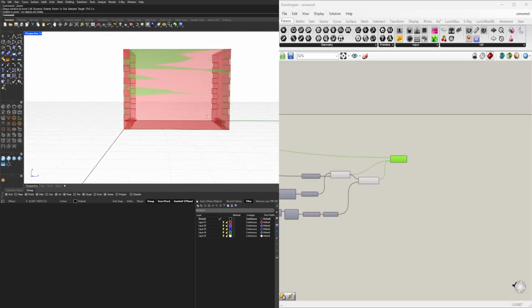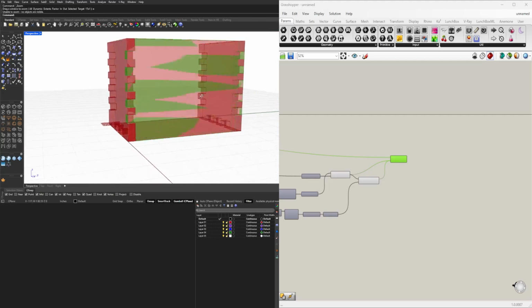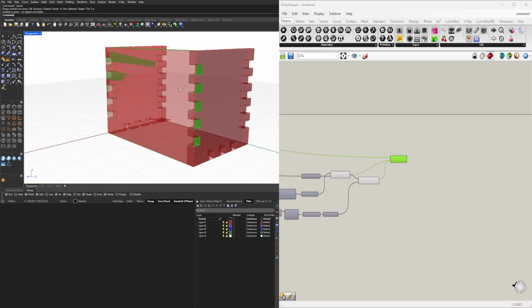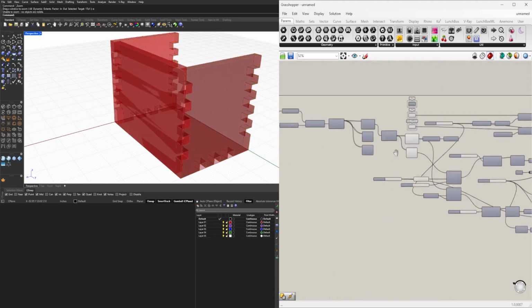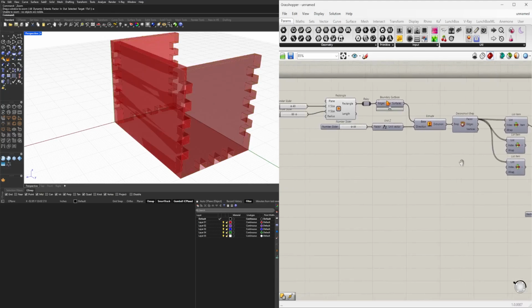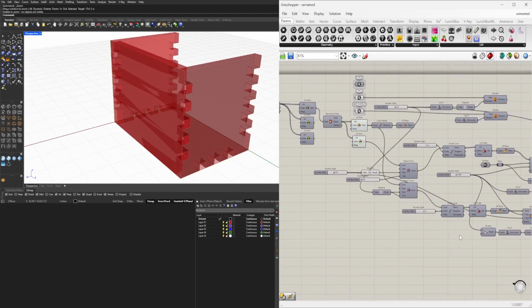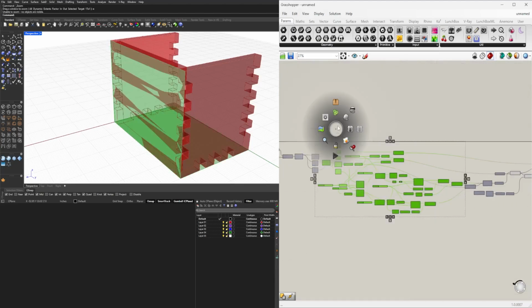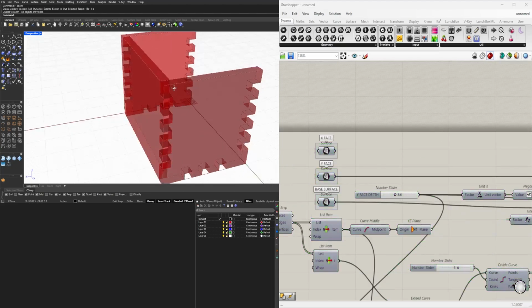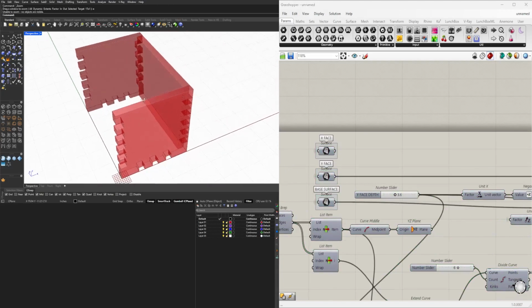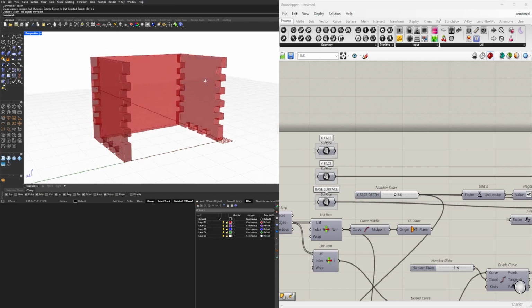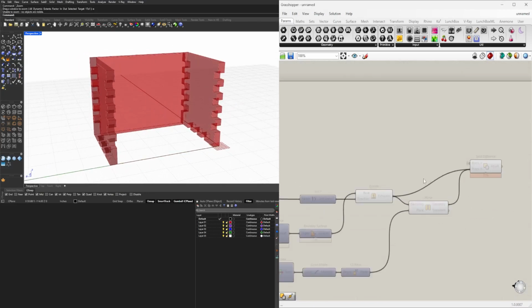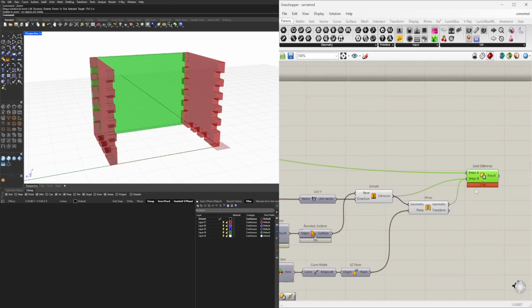So now we have the interlocking sides. Let's see if we can hide. It was these surfaces that were in the way. Okay, now you can see that we can also take that and mirror it to the other side. So taking this and using the mirror component,